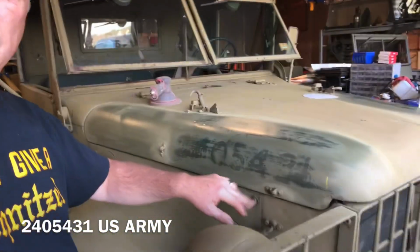So this is exciting stuff right here. As you uncover these original numbers, we might be able to track what unit it was assigned to, where it was in the world. 2405431 is the hood number, U.S. Army across the top, and